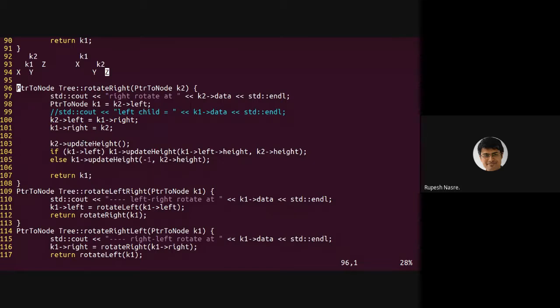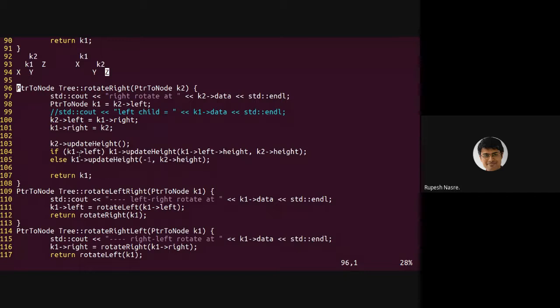We could as well have said K2's height is minus minus of K2's height, right? So that is also possible. In this case, I'm just reusing the primitive that we have defined. It just looks at the two subtrees and updates the height to 1 plus max of the two subtrees. I also don't need to really do a max between the two, because Y and Z are guaranteed to have the same height, as we have seen on the slide.